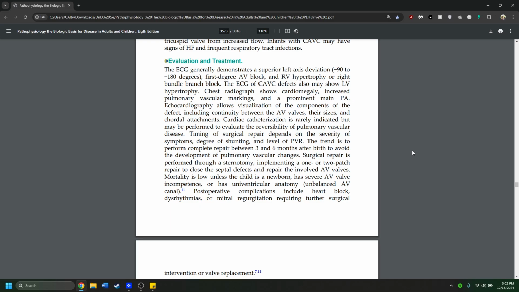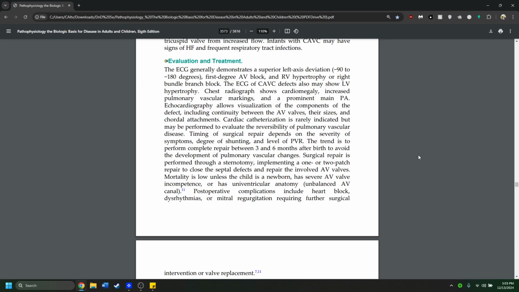Echocardiogram allows visualization of the components of the defect, including continuity between the AV valves, their size, and chordal attachments. Cardiac catheterization is rarely indicated, but may be performed to evaluate the reversibility of pulmonary vascular disease. Timing of surgical repair depends on the severity of symptoms, degree of shunting, and level of PVR. The trend is to perform complete repair between 3 and 6 months after birth to avoid the development of pulmonary